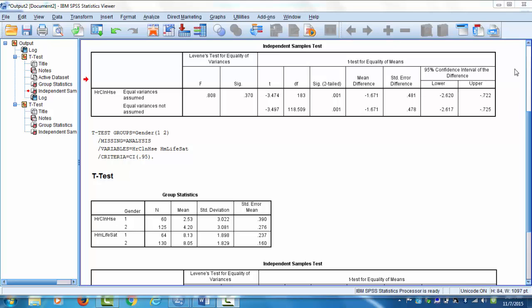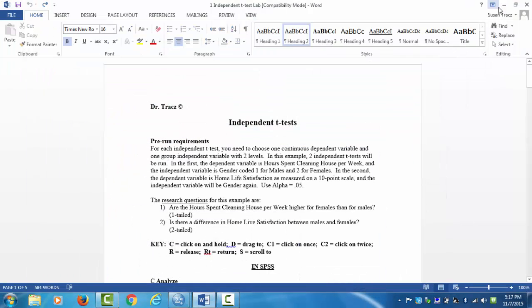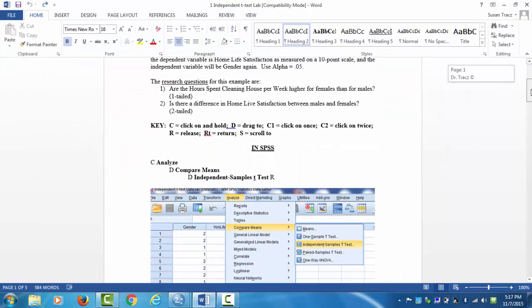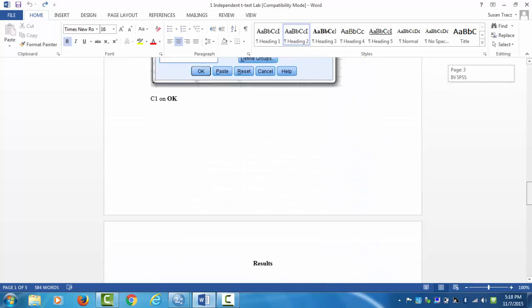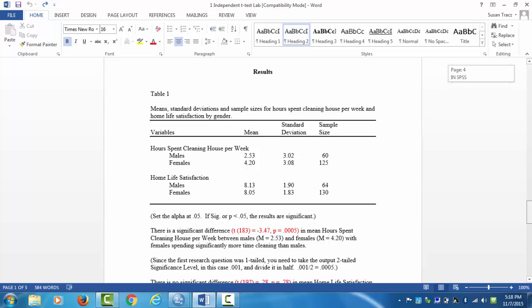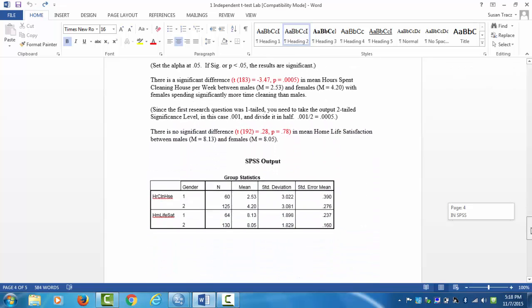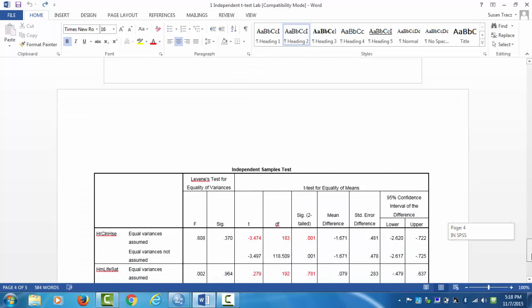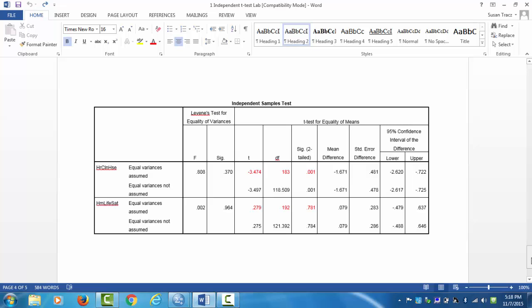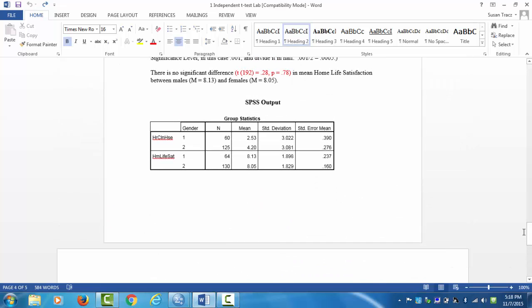So we're going to go back to the Word file, and let's go down past the instructions. Here's the results section, which explains how to write it up, gives an example. And here's the output that I've copied over. Again, here's the mean, standard deviations, and sample sizes. And here's the t-test. So the first thing we want to do is create a table for